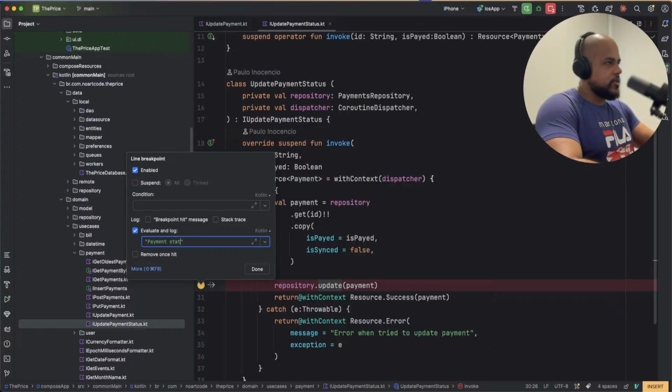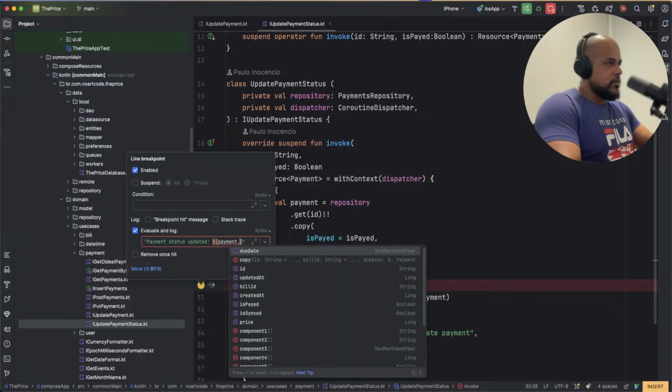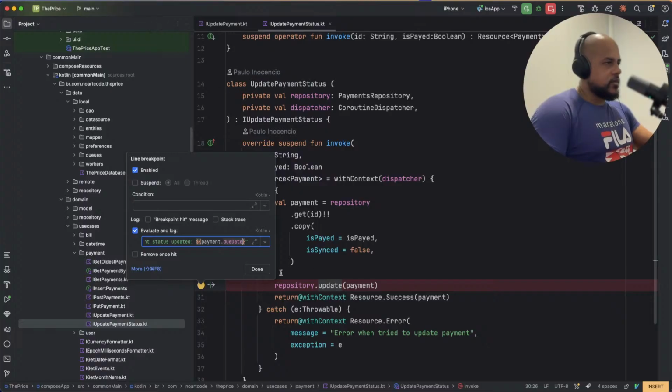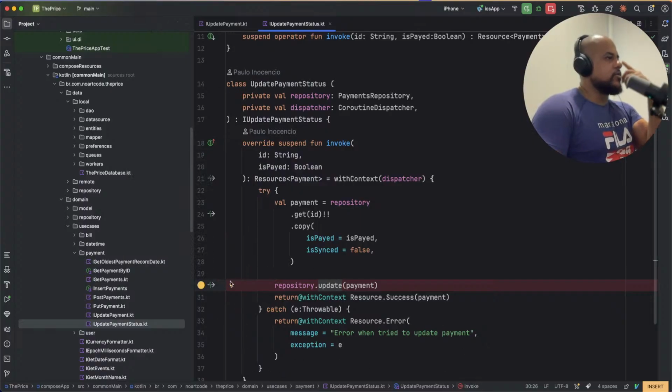Payment status updated. And then we're gonna do the same thing, payment due date. Done. I don't know if this is good enough, but